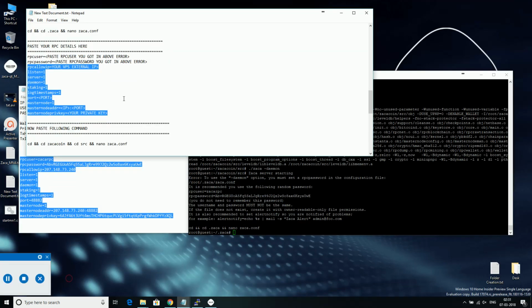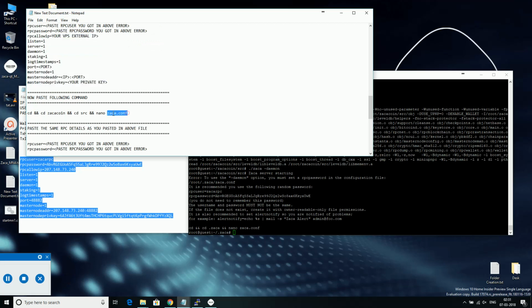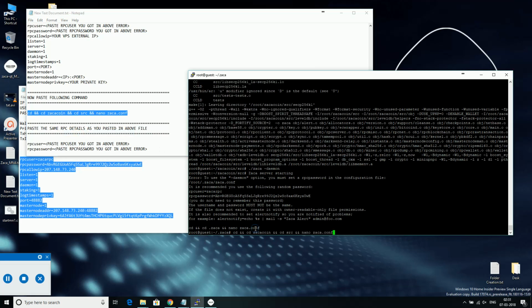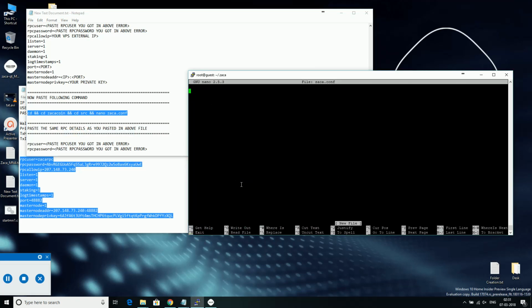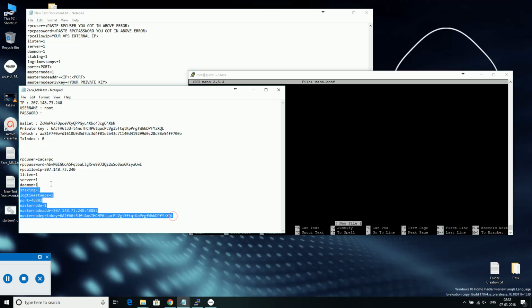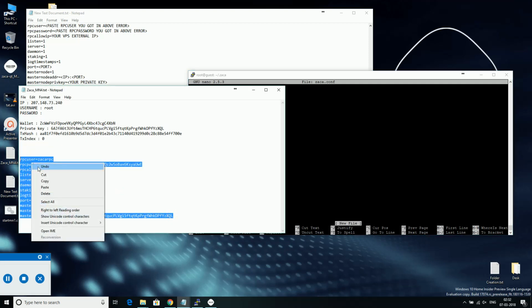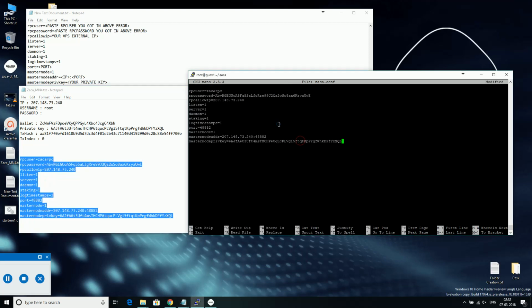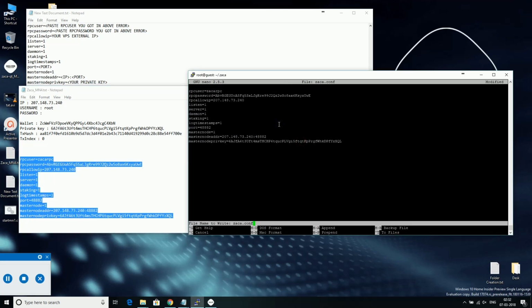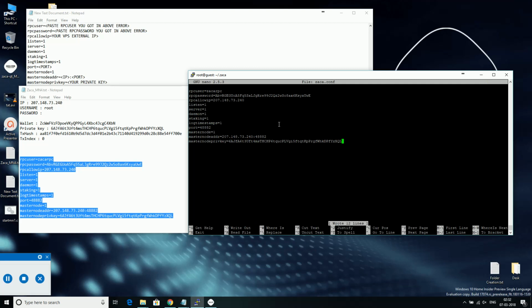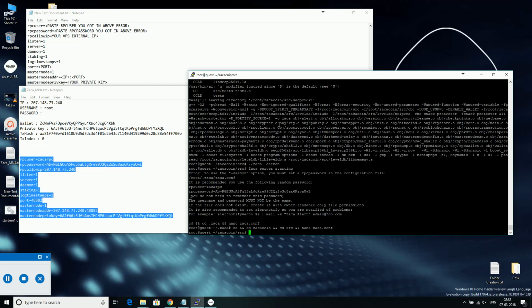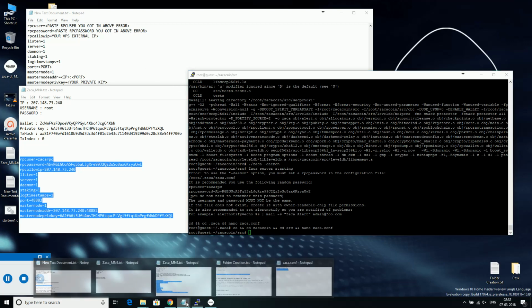Now our next step, copy this command and paste here and press enter. Now you will again get this blank window, ZACA.conf. Simply copy this whole lines and paste here again, then press Ctrl plus O, enter, then Ctrl plus X to exit. Now the last step,